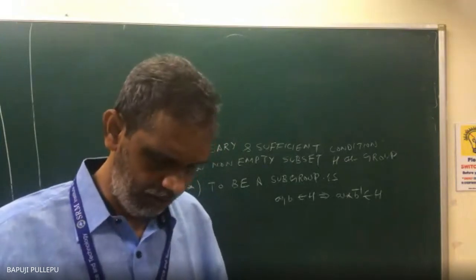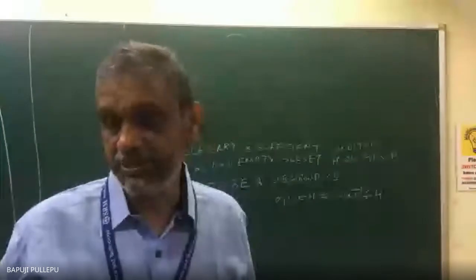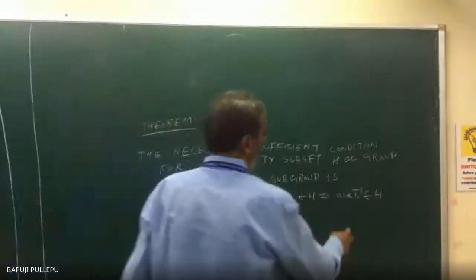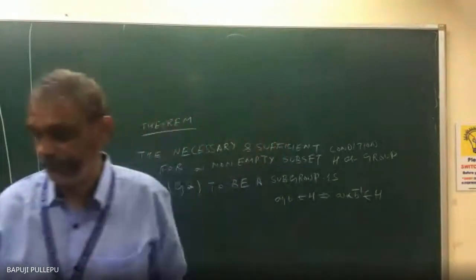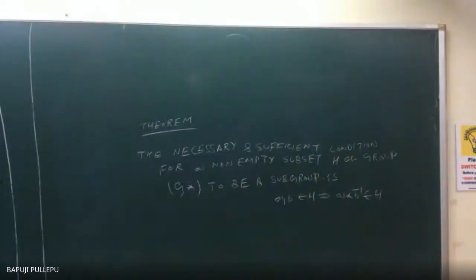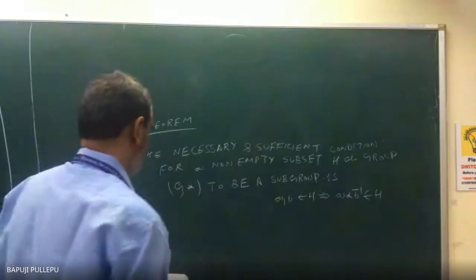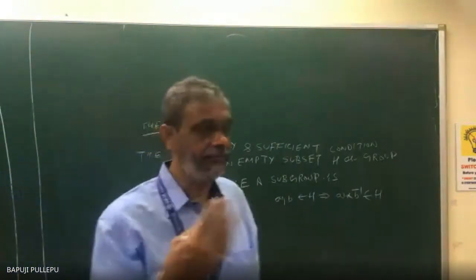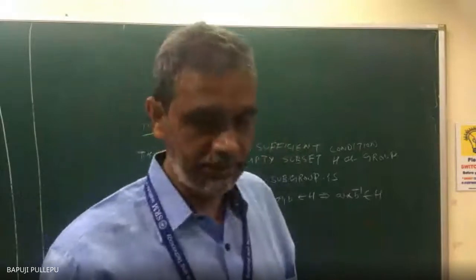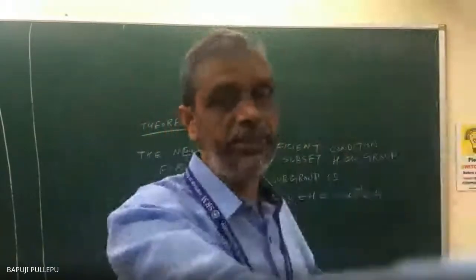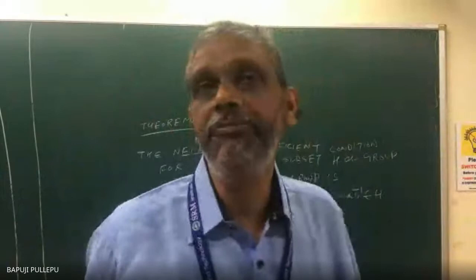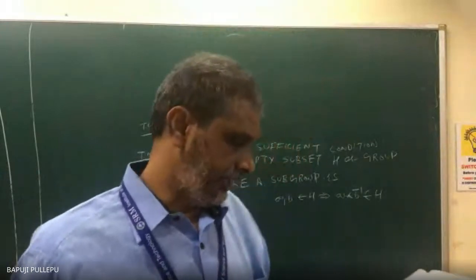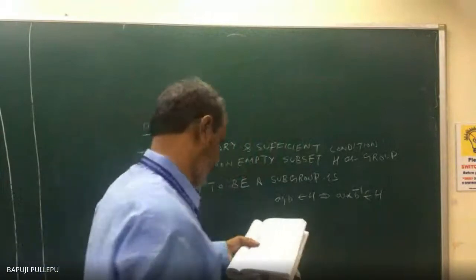Now let us take how we will prove. Let H be a subgroup. If it is a subgroup, then this I want to prove, in two steps. Correct? Now we see, the first condition. Necessary and sufficient condition means: if this is true, you can prove this condition. Suppose this condition is true, then you can prove that it is a subgroup. That is called the if and only if condition, necessary and sufficient. Now my first condition I am proving.